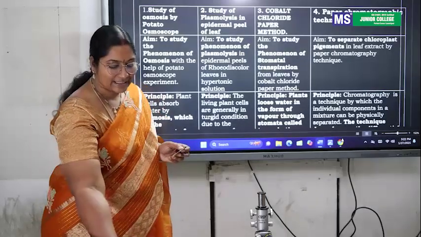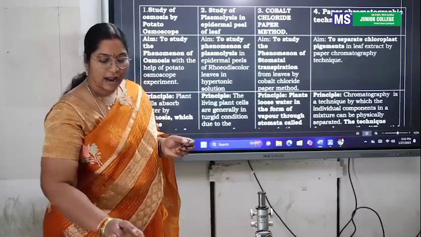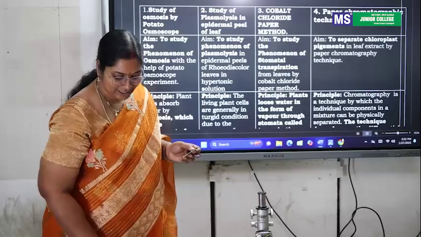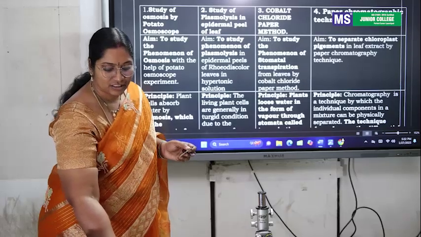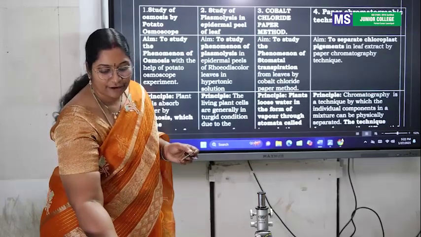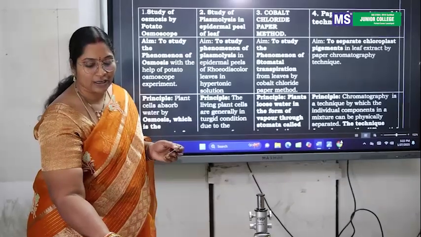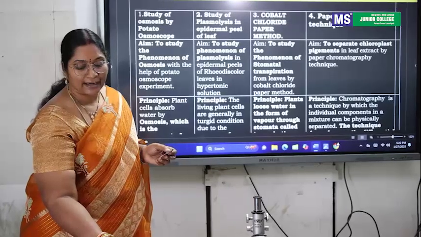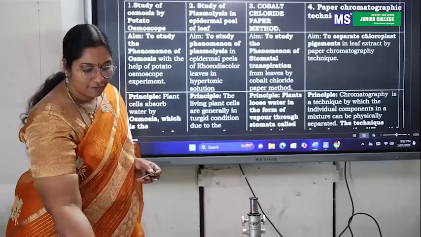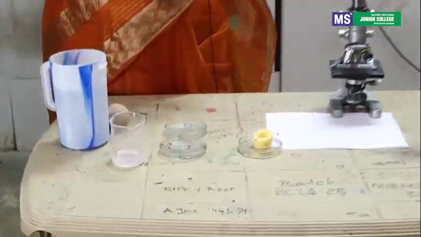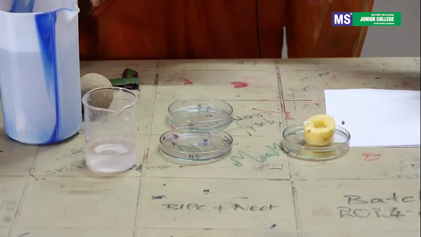Now I am placing this in a petri dish containing hypertonic solution. You just check it. Earlier itself I peeled these Rhoeo discolor leaves and you can check it out. For a while I have placed this epidermal peel of the leaf in a solution with high concentration, that is called hypertonic solution. Now if you take this leaf, place it on a slide and observe under the microscope,